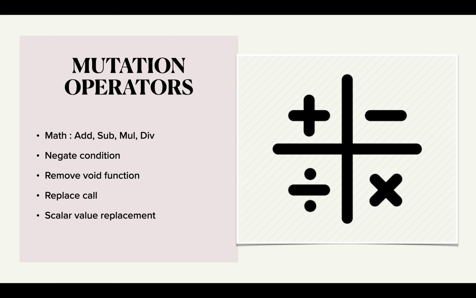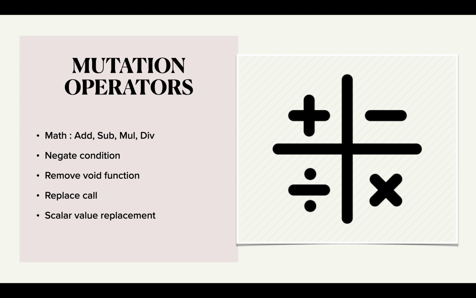Now let's see what the mutation operators are. MUL performs mutations on LLVM IR code, so its implementation of mutation operators is largely determined by the specification of the LLVM language. These are the mutation operators which are currently supported by MUL.